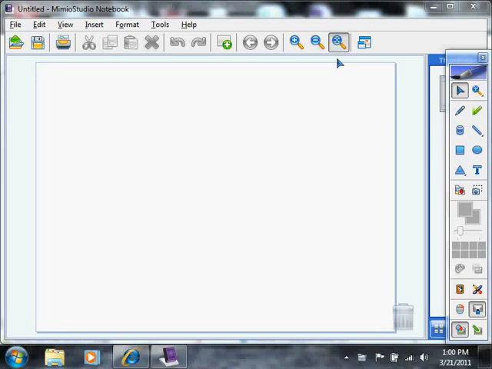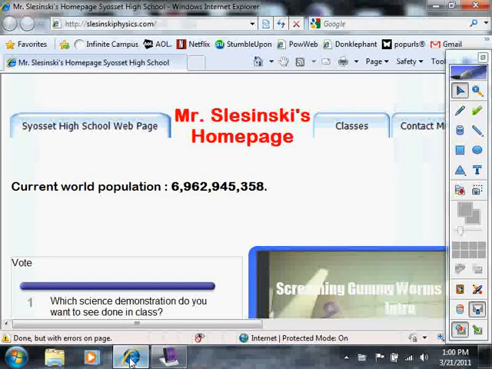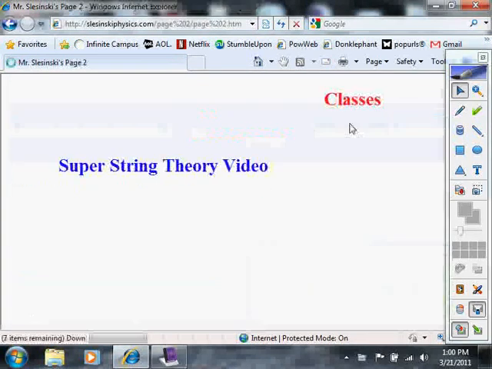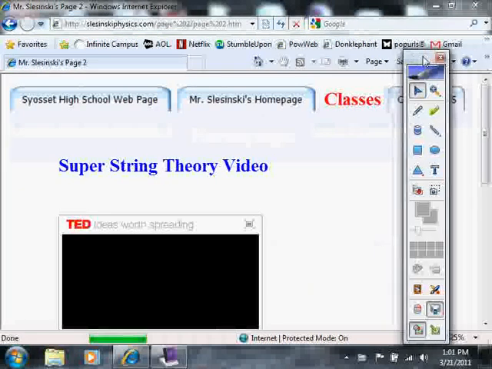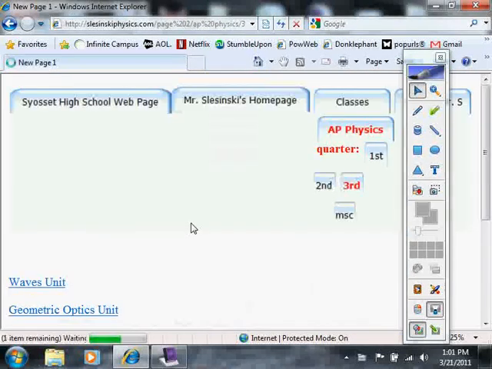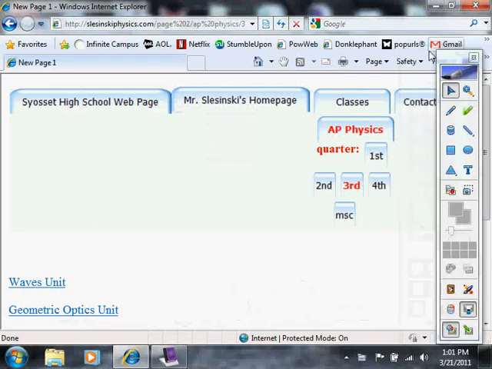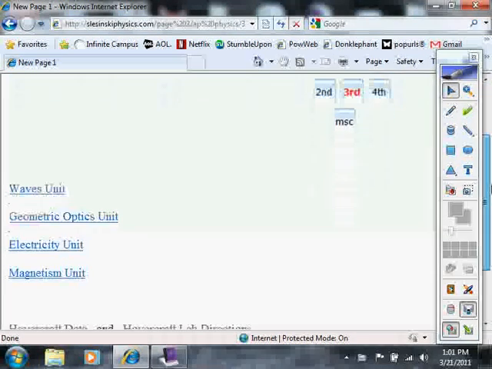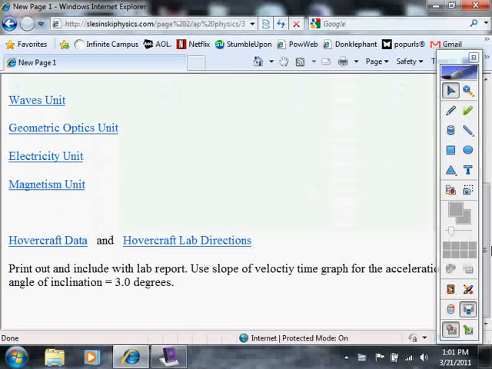Okay, I wanted to show you where you could find the information about the hovercraft lab. And of course, if you go to classes and then scroll down, physics. Here's the hovercraft data over here, and basically it's the printout from the motion detector, and it gives you a